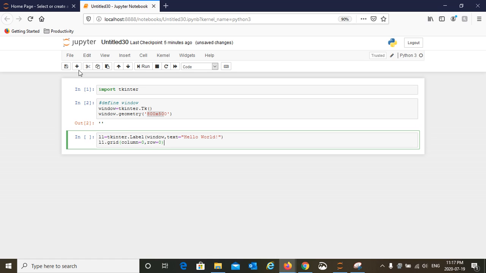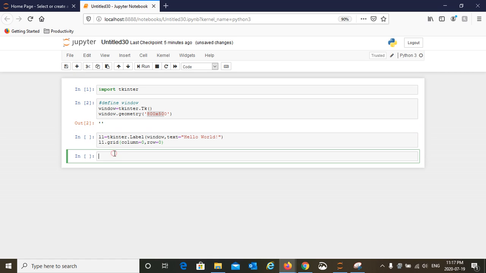And before we move further, let's see our window. In order to see your window and the text hello world in your first GUI application, you have to write this command called window.mainloop. This will create the application and it will keep it open as long as you don't close it.